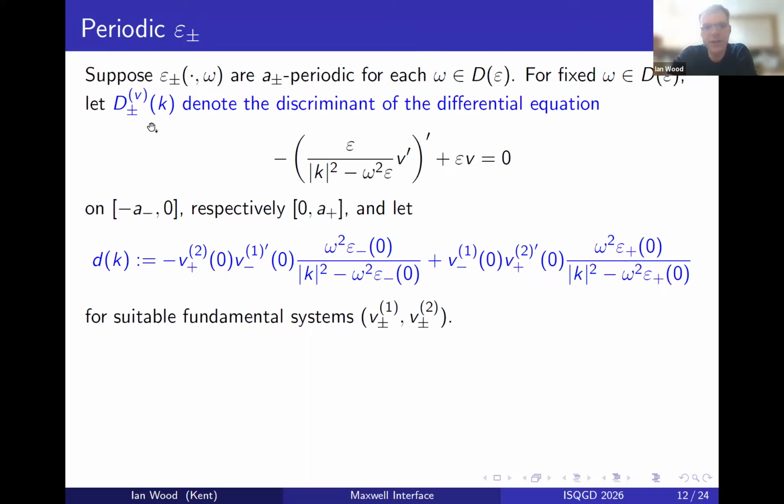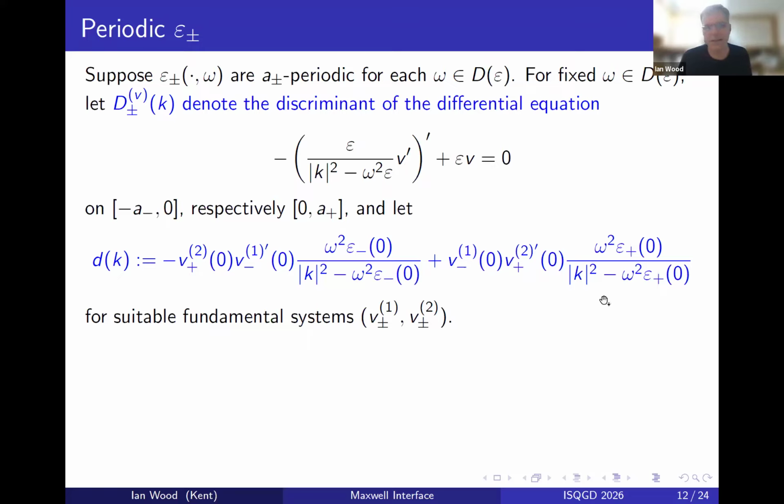And so then in both half spaces, there's going to be a discriminant associated with this Sturm-Liouville problem, which we denote by d_V plus or minus of k. And then we also have this little d of k,